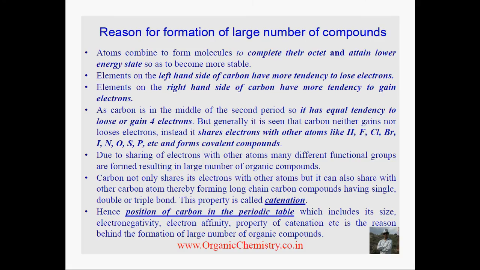The reason is that atoms combine to form molecules to complete the octet and to attain a lower energy state so as to become more stable. When we carefully analyze, the elements on the left-hand side of carbon have more tendency to lose electrons, while the elements on the right-hand side of carbon have more tendency to gain electrons. As carbon is in the middle of the second period, it has equal tendency to lose or gain